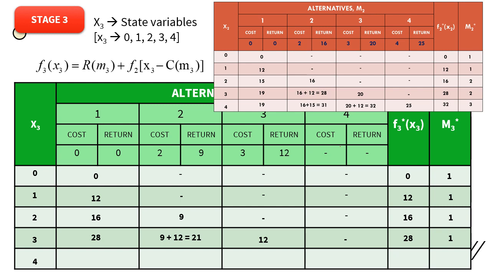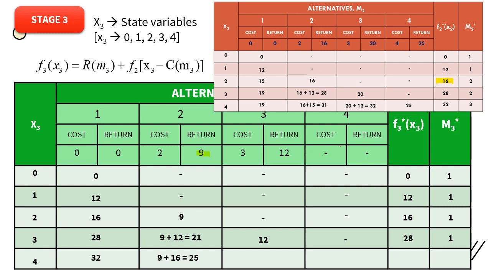So if I want to spend 4 crores, I am not spending in the previous, I am spending the entire thing in the previous table, which means I will get a return of 32. If I spend 2 crores in this, I will get 9. The remaining 2 crores in your previous table, you will get 16. So 9 plus 16, you will get 25.